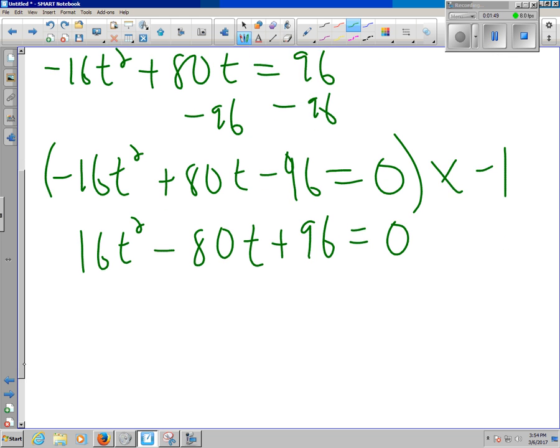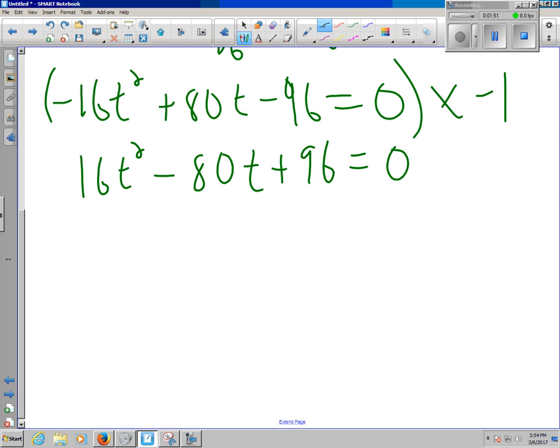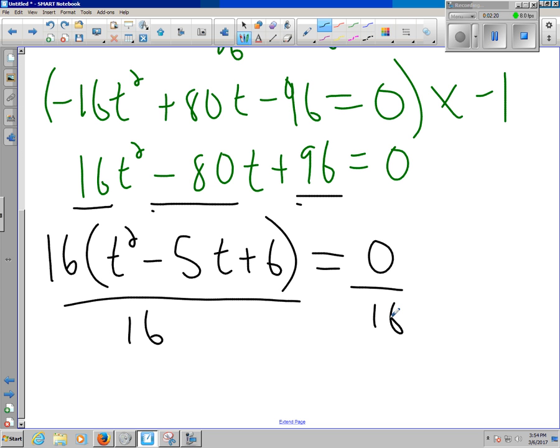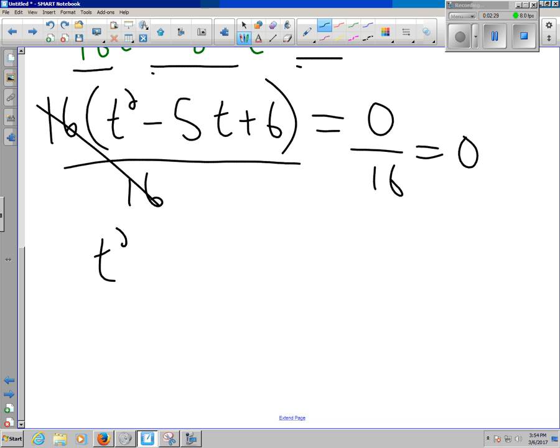Okay, so as always, the first thing we want to do is look for a greatest common factor. So we look at 16, negative 80, and 96. So we see that 16 does go into all those. So I'm going to go ahead and factor out a 16, which leaves me with t squared minus 5t plus 6 equal to 0. And remember, we can always divide both sides by 16. That'll get rid of that factor. And this, of course, is still 0. So now the situation we have is we have a trinomial